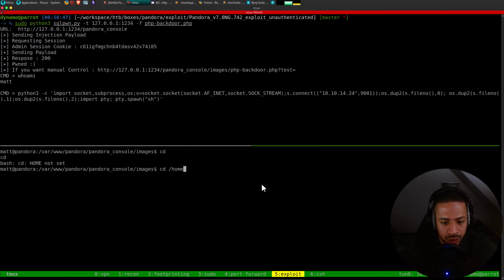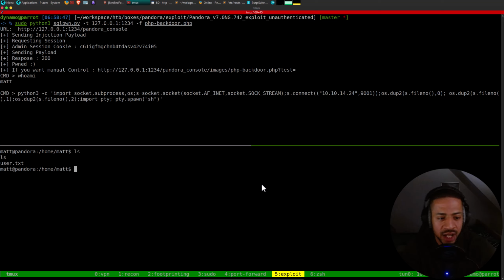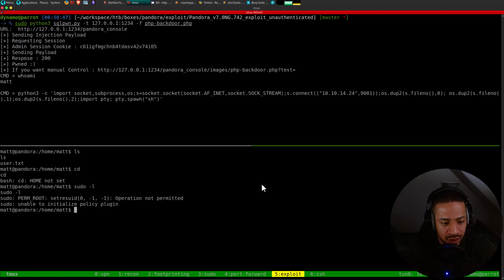Let me go onto home, Matt, and I can already tell this shell is still not great because when I just do cd, the path to home is not set. How can I verify this? sudo -l. What is this? Okay, I need to find a way to get a better shell. What is this?